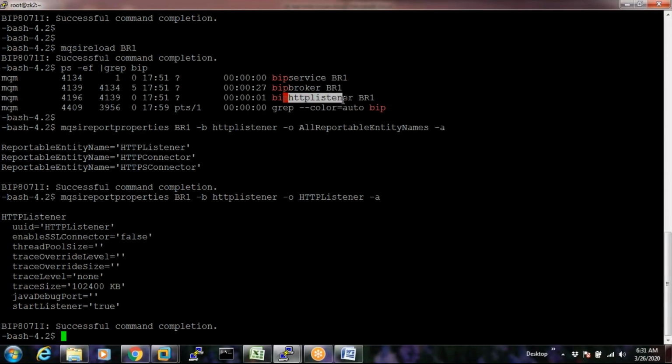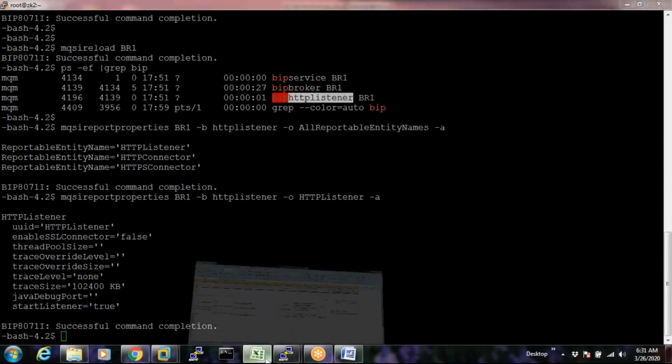Yeah. Generally, when we upgrade a broker from a lower version to a higher version, sometimes the startListener may automatically go to false. At that time, we have to manually set this startListener property to true, and then restart the broker one more time so that this HTTP listener will automatically come up.